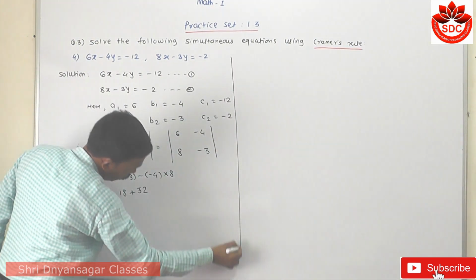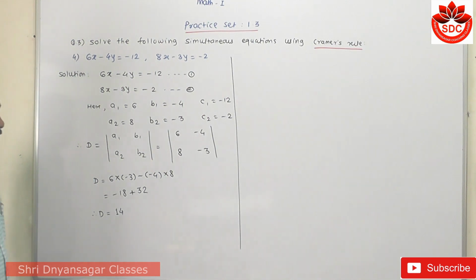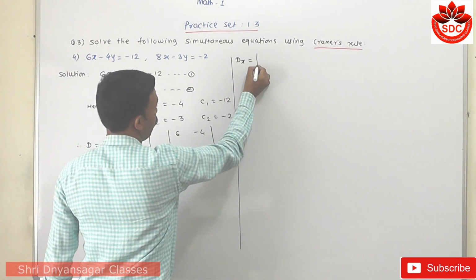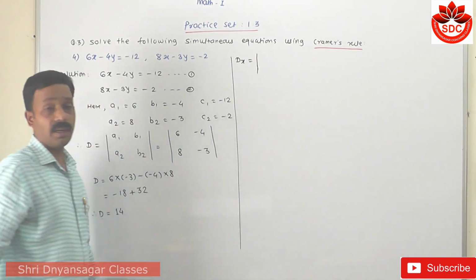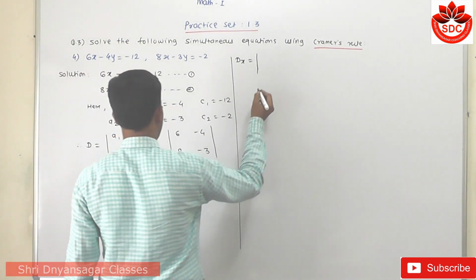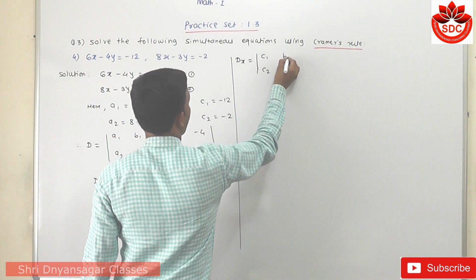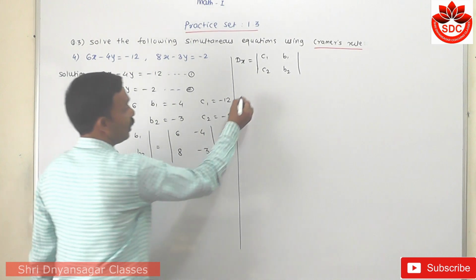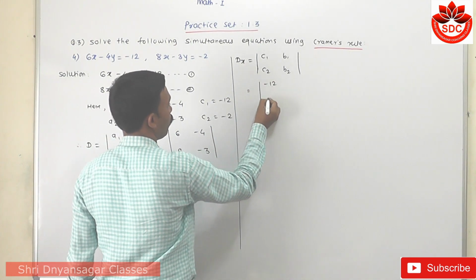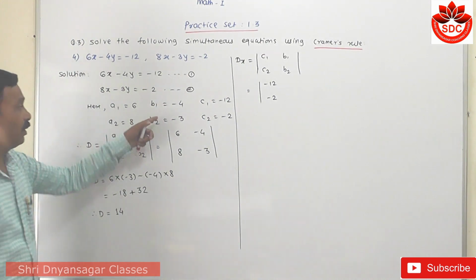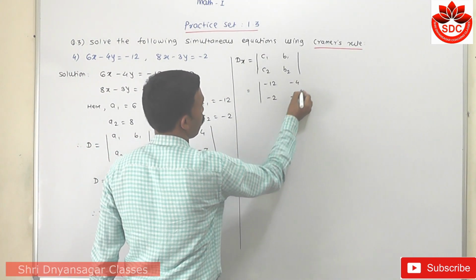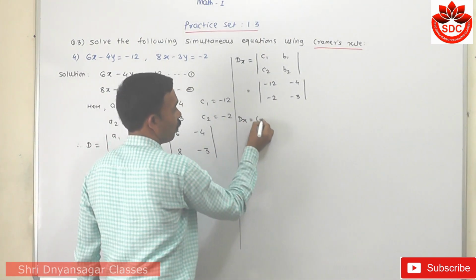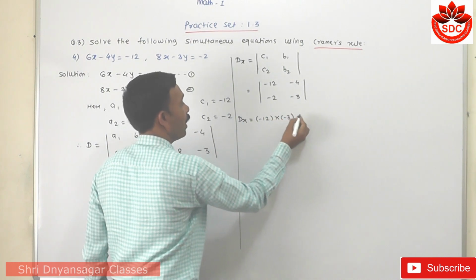Then we find the value of the determinant of x, so that Dx is equal to. The rule is that here we replace a1, a2 by c1, c2. So here are c1, c2 and b1, b2. Now the values of c1, c2 are minus 12 and minus 2, and b1, b2 are minus 4 and minus 3. Then find the product by using the rule. Therefore, the value of Dx is equal to minus 12 into minus 3 minus